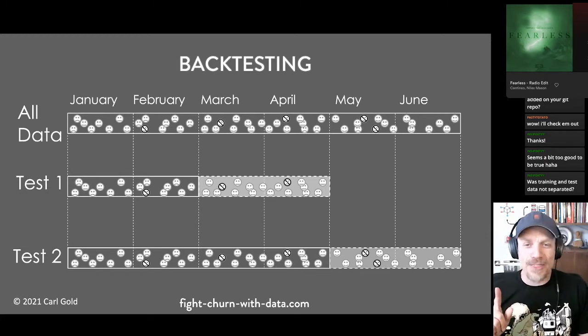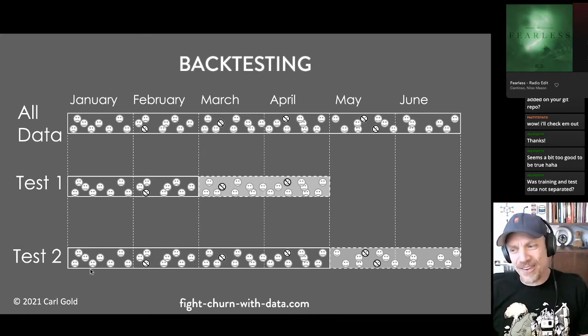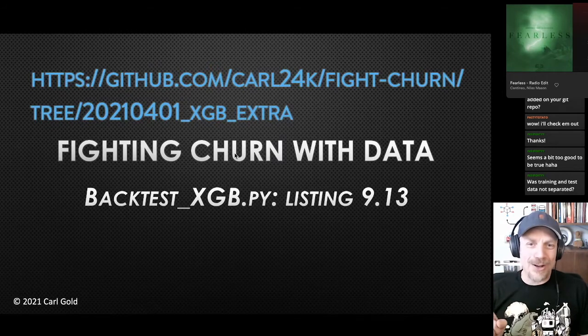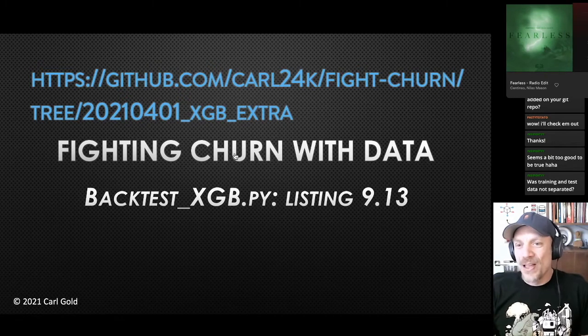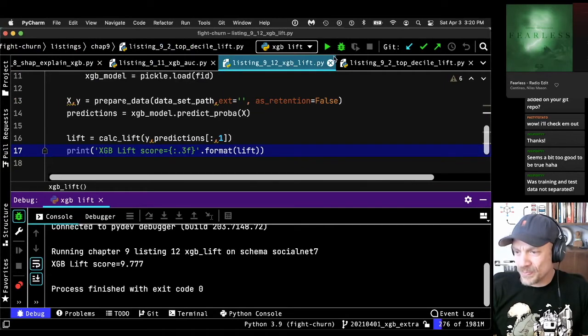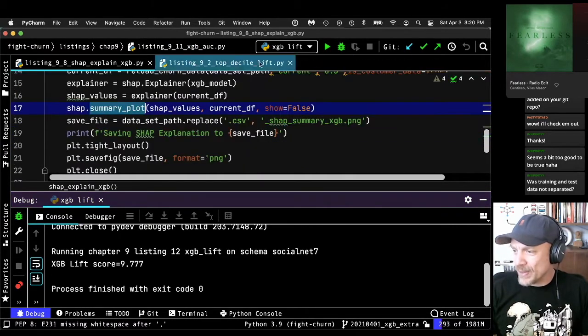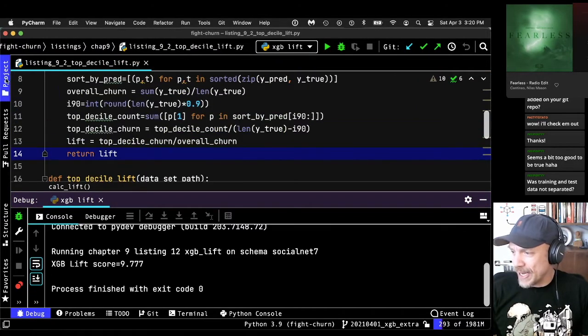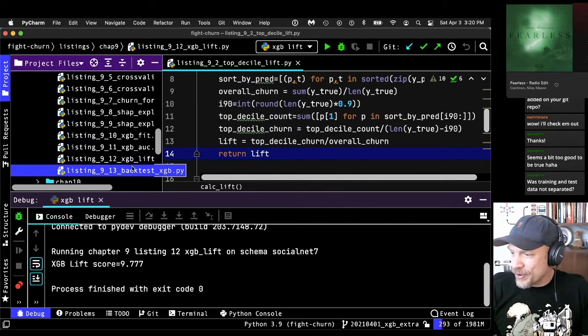Now, you're probably thinking, oh, that historical simulation, that sounds complicated. I just want to use cross-validation because it's easy, right? Well, good news is backtesting is easy too, because it's already in Python. So let's look at the backtesting of an XGBoost algorithm with the next listing for the day, 913.